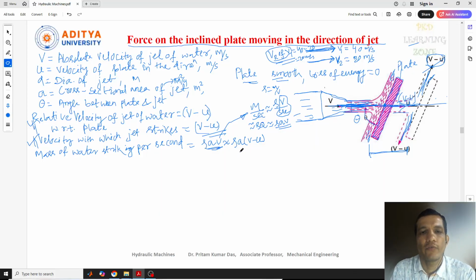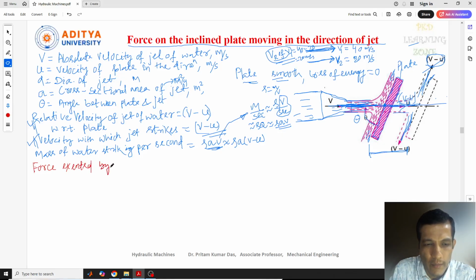Even unit wise, if you want to consider that, you can take it. So this is about the mass of water striking per second. Okay. Now we need to find what our intention is. We need to find out the force exerted by the jet of water,